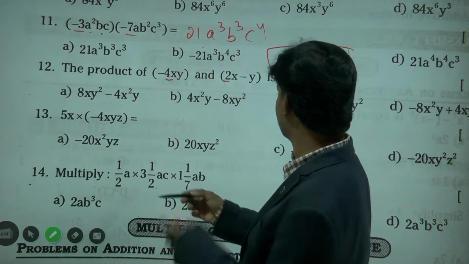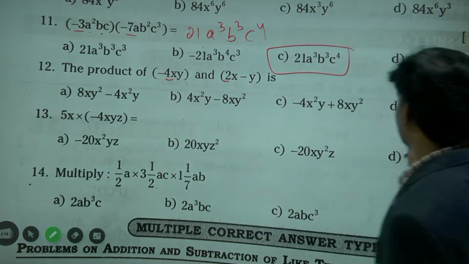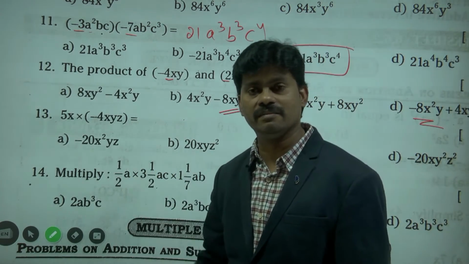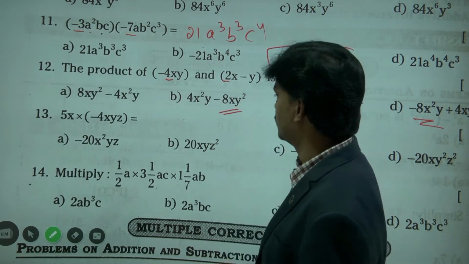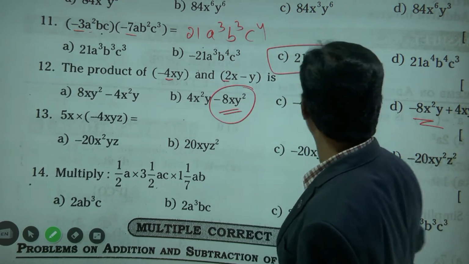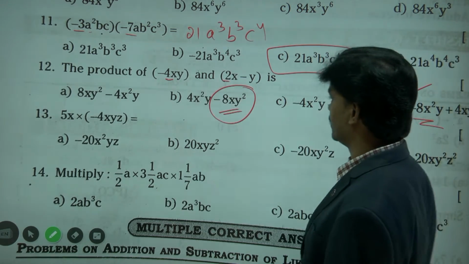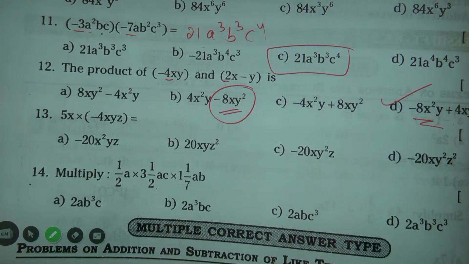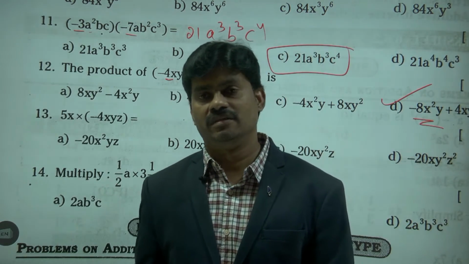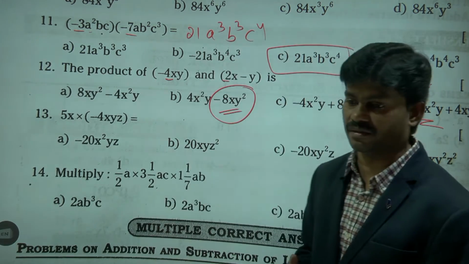Product of. So 4 2s are 8. Where is 8? Let's search for 8. Three options we have. Minus 8 we want. Here minus 8 is there. So the answer will be in between B and D. You can guess first. And x square, but here x is there, here x square is there. We go for D, because minus into minus is plus, 4xy square, right? So no need to waste time doing the total answer like regular math. We just eliminate from the options to speed up the answer.